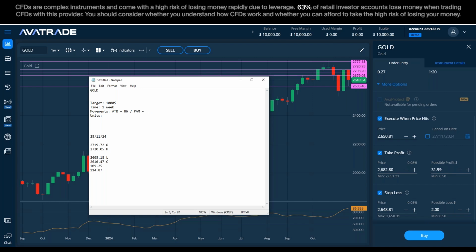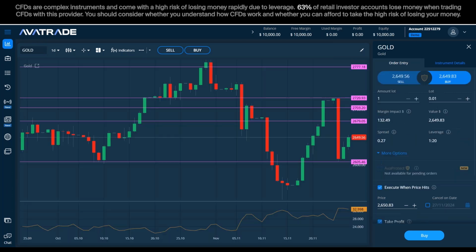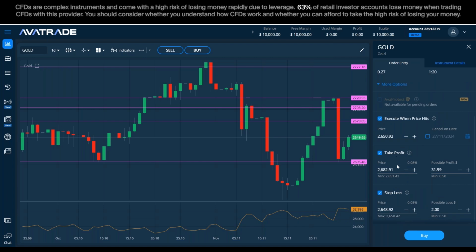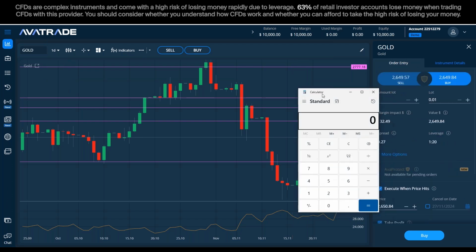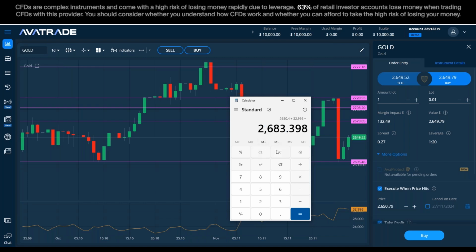So I'm still going to mention it, but I'm going to go for a more realistic number, which is 50. Okay, and with this 50, I'm going to make the same comparison and add it on top of the current price. Since when we are with the buy, the take profit needs to be in a higher place. So we must add it. If this would have been a sell, I should have subtracted for the take profit.